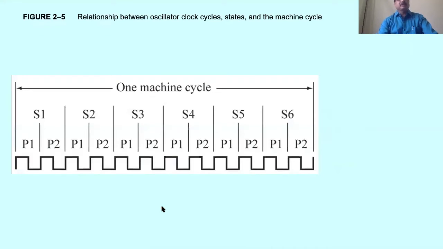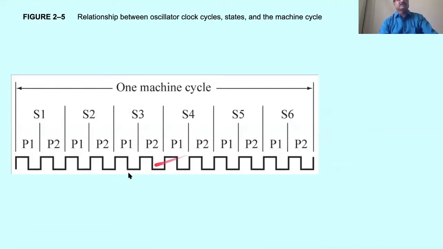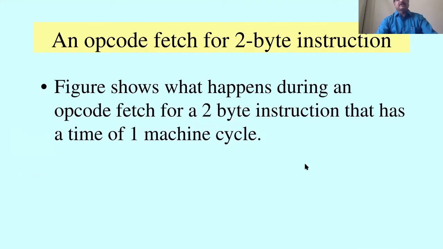Here in the diagram you can see there are a total of 6 states for one entire machine cycle, beginning from S1 to S6, and each state is divided into 2 phases, phase 1 half and phase 2 half, so a total of 12 clock cycles are required for one machine cycle. That is how 1 microsecond will be required for a 12 megahertz crystal. You can exactly calculate the time delay for execution of instructions by knowing how many machine cycles are required